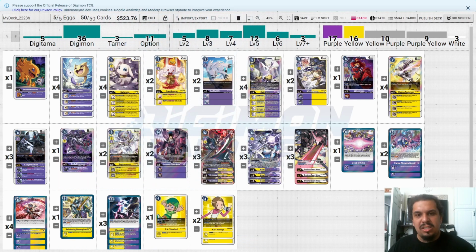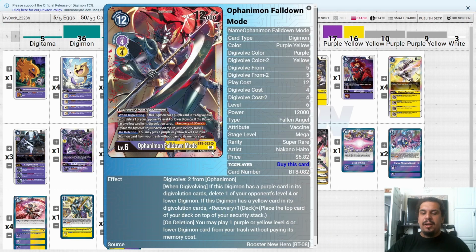Next up, as you see, even though we are a Mastemon deck, I am going for a 3-3 split on Ophanimon Fall Down Mode and the new Mastemon. This is because I felt like Ophanimon was a more generic good card in most situations, where Mastemon is more so our finisher once we set up. So I wanted to have this more flexible option so that my hands aren't bricked with Mastemon